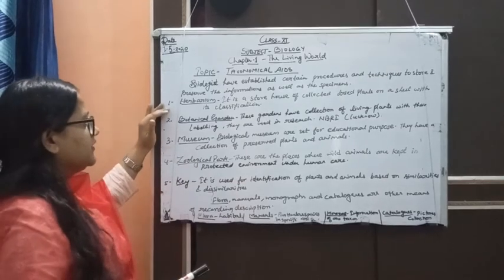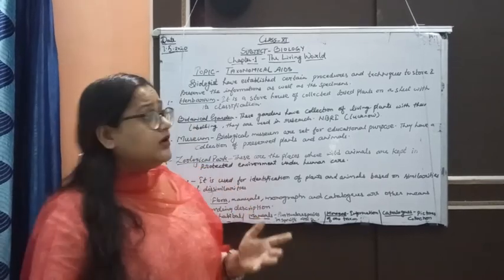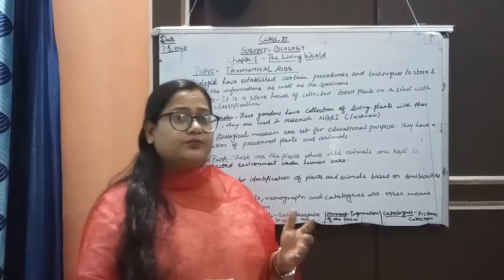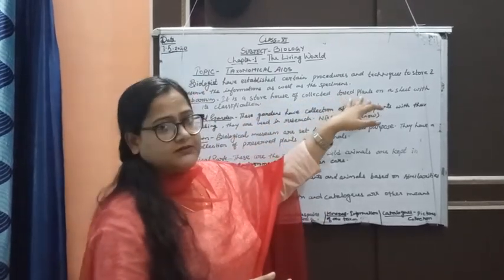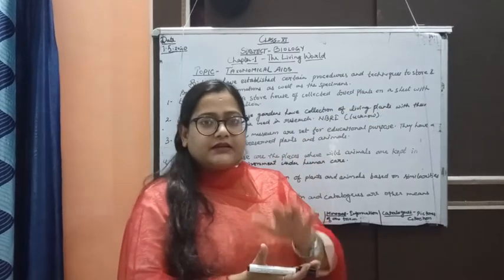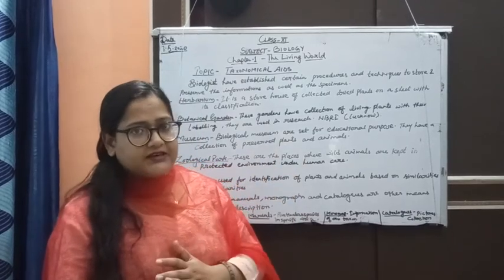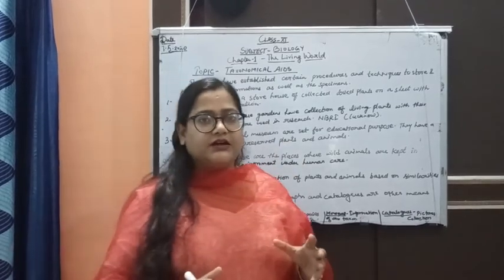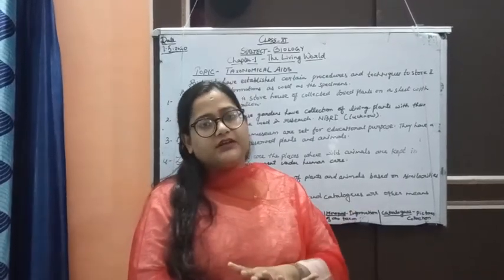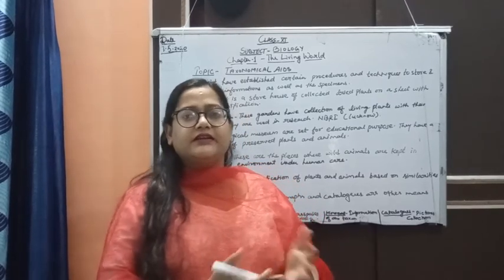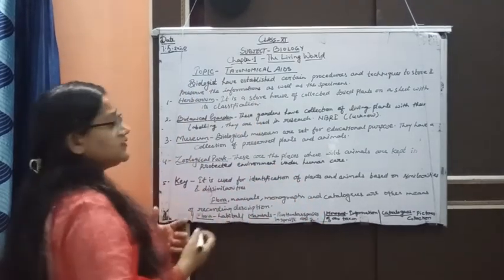The first one is herbarium. It is very common. We do it in our colleges also. It is a store of plants. In this we store house-collected dried plants. Small plants are dried and pasted on pages, and proper labeling is done and the classification is also shown. These are preserved in a file, and whenever there is a need we can see these files according to our need. So this is the herbarium file.